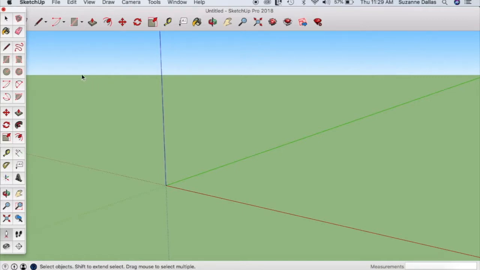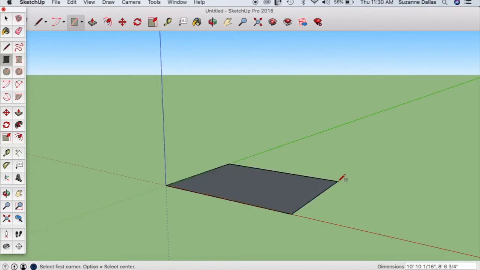To do that, we're going to start with the rectangle tool. So I'm going to choose this one, and I'm going to click at the origin here, and I'm just going to drag out how wide I want my house. Now when you click, it gives you the dimensions down here. But I can get rid of all those, and let's say that I want, I mean, if it was just one room, you might say it's 10 feet by 10 feet. I don't know. I'm not an architect, but let's just say that I want this house to be, I don't know, 50 feet long